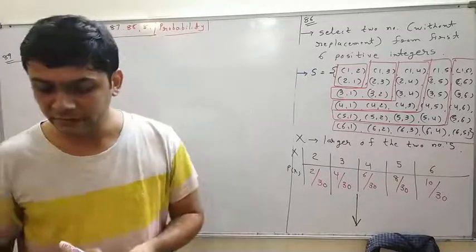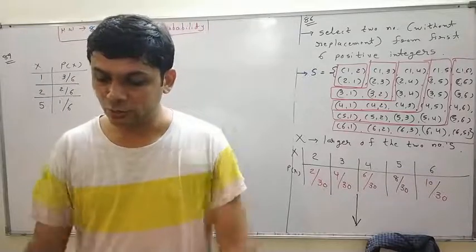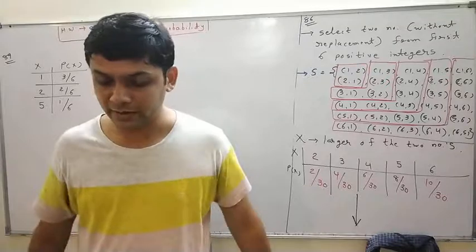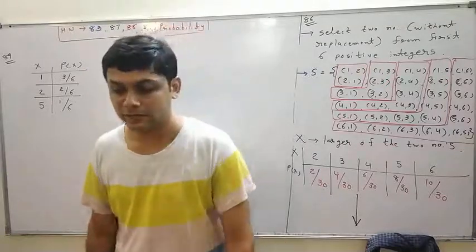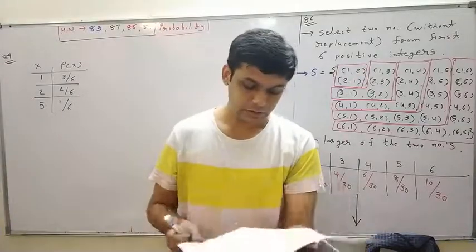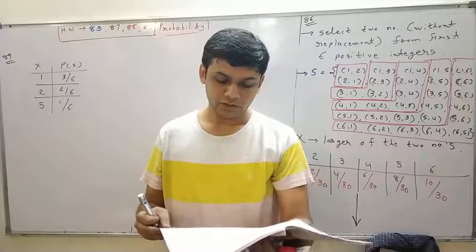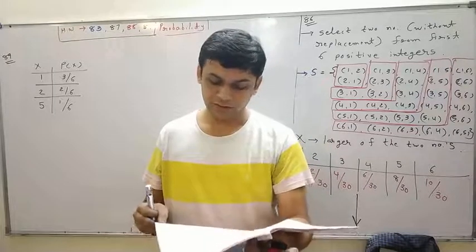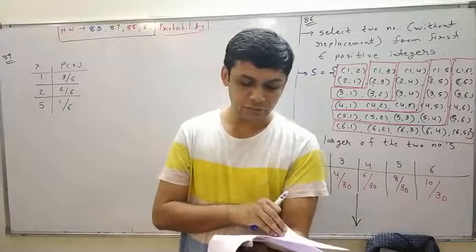You can now easily find the mean. Next, find the expected number of ace cards obtained when two cards are drawn together from a deck of 52 cards. We have to find the mean. We did the same question earlier, question number 82. In that also we had to select two cards together. Here also we have to select two cards together.